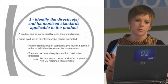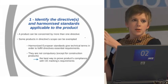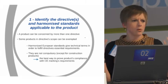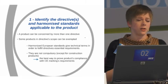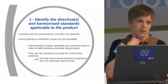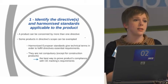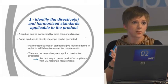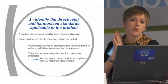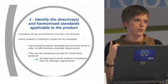And after you say, okay, I need to follow that directive, you can go to the harmonized European standards, because the directive only gives you very general terms, that it must be safe. For toys, you don't have small parts that can go into a child's mouth. For windows, how the wind interacts with the glass, that kind of stuff. But you don't have any numbers. For that, you need to go to the European standards, because they will explain to you how to technically follow the